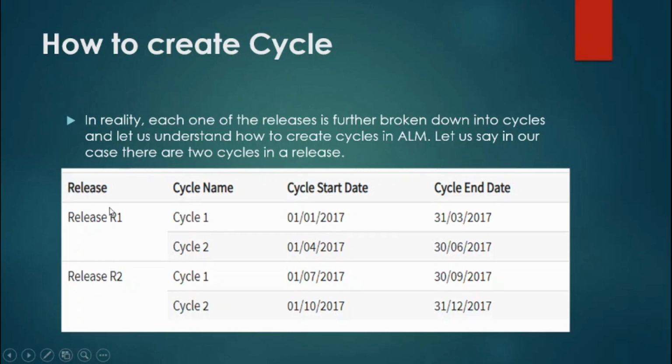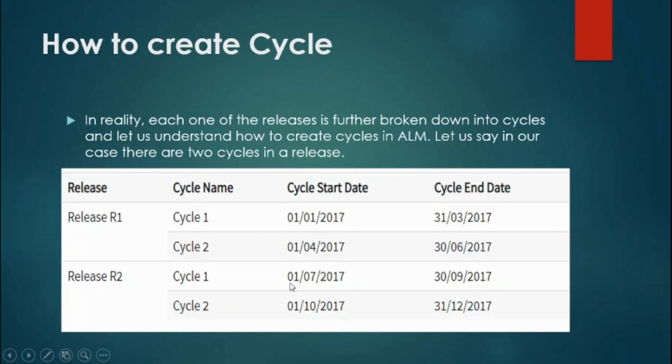As you remember, release one was starting from 1/1 to 21/6. Now here you can see it has started from 1/1/2017 to 31/3/2017, and the next is from 1/4/2017 to 30/6/2017.